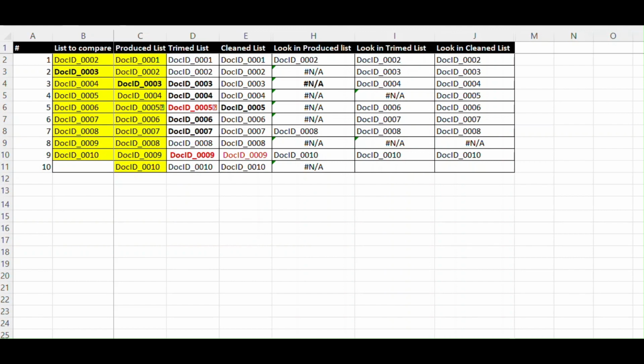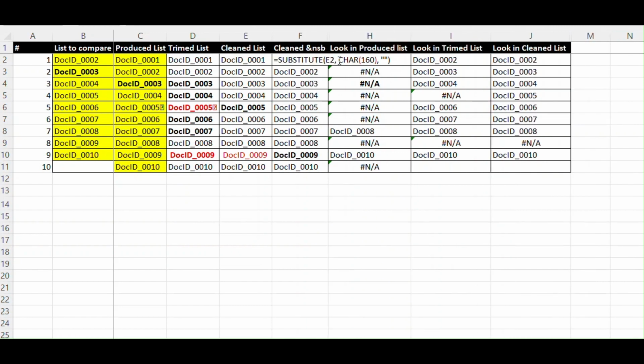This could be because of an HTML space. This space is represented by character encoding, character 160, and this is usually seen in HTML pages or Microsoft Word documents. So the best way to fix this issue is to